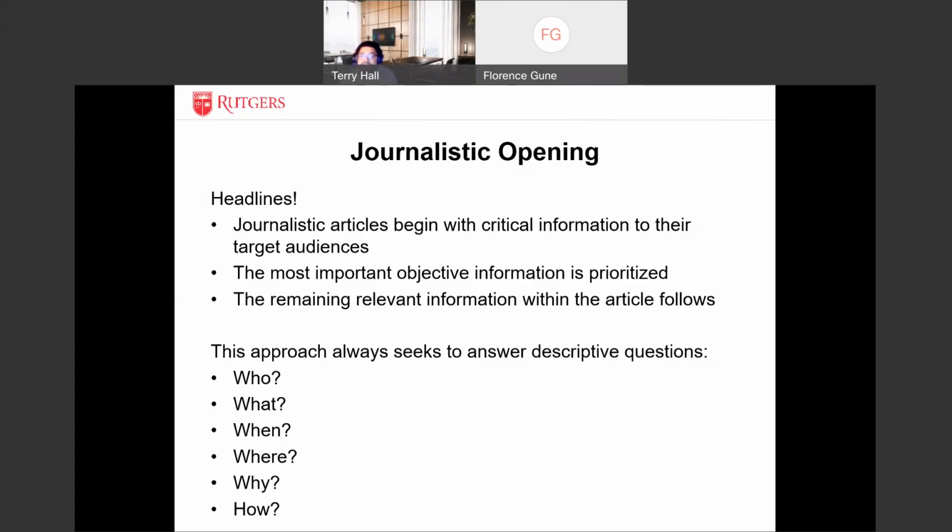Journalistic openings also seek to focus on the questions who, what, where, when, why, and how. This how can be extended to how often or how much or how many, but the idea behind a journalistic opening is that it allows the reader to focus on what is priority and then allows the author to move beyond the journalistic story and get back into public administration topics very quickly.